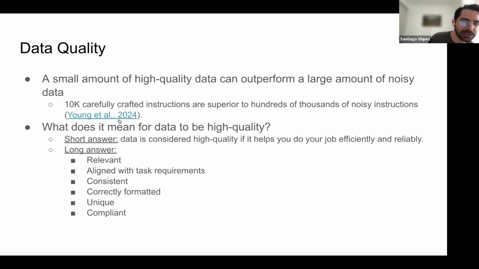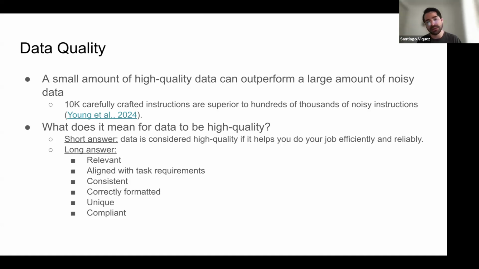There was this paper by John and company where they crafted 10,000 very nice instructions and found that it gave superior results than just having hundreds of thousands of noisy instructions. So that's something good, in the sense that to get good results, you don't need lots of data.